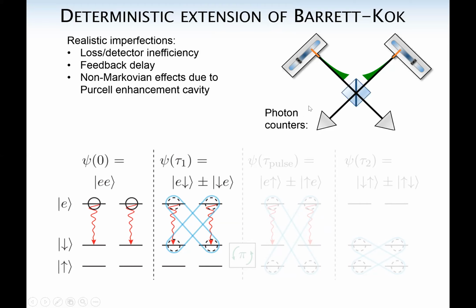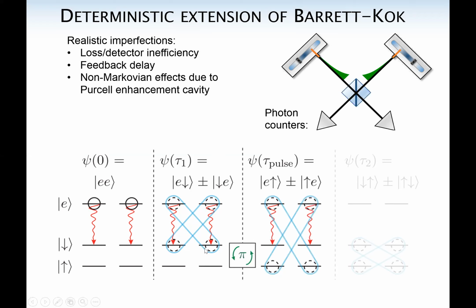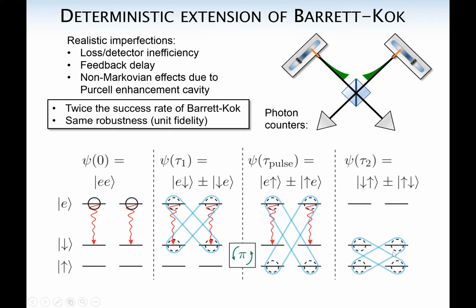So we're normally used to thinking about photon bunching, so that means that if one photon goes to one beam splitter, then the other photon has to go to the same one. But an important fact to keep in mind is that there is still a fundamental timescale associated with those click events, and that timescale is the spontaneous emission rate of the atoms. And so there's always going to be some finite time interval between the first and second click. And so all you have to do, it turns out, is to apply a pi pulse on the up-down transition of this atom. That's why this is such a simple feedback protocol. And now, if you detect another click, that immediately projects you uniquely into the down-up plus or minus up-down state, which is an entangled state.